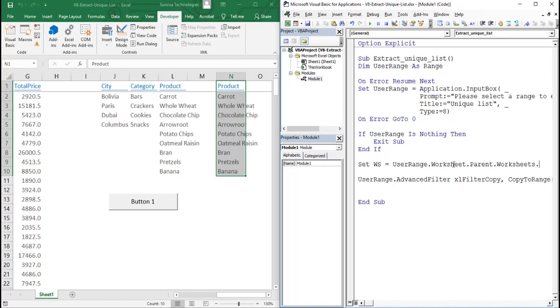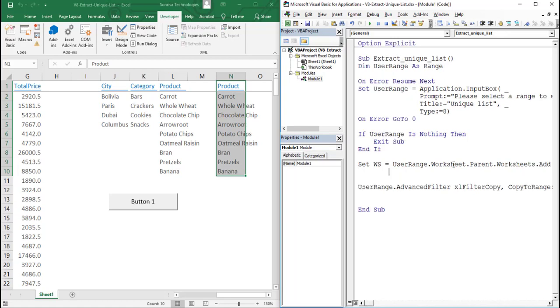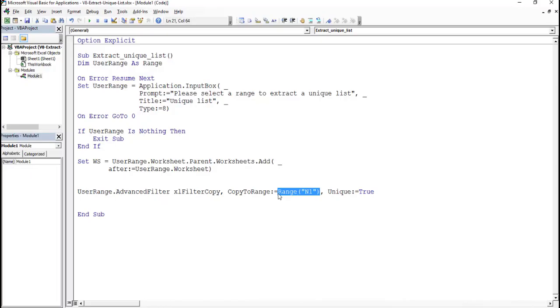There are different ways by which you can add the worksheets. Either you can add it before the current active worksheet or after that. If you have many worksheets, you can choose the end to place the new worksheet. Here I will use the after the current worksheet option. Define A1 as the target cell.